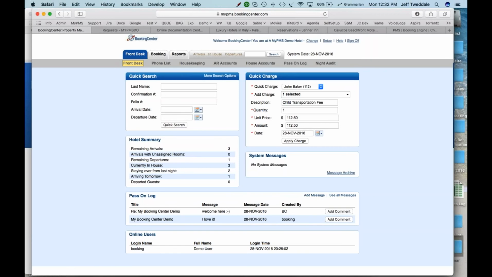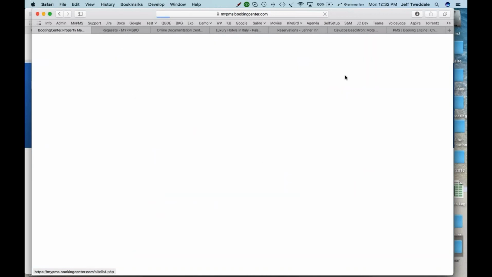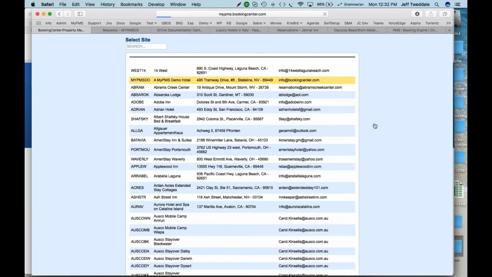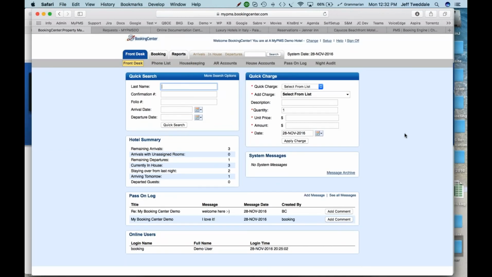And then down here, you're seeing that we have a little online user, so you can see who's actually logged in. Right now, I'm logged in right here as this user, and you can see that I'm at this particular MyPMS demo hotel. Now, my user has access to other hotels, so I can also pop back into some other hotels that I'm playing with, right? So if you are a multi-property situation where you've got more than one property, one login can get you access